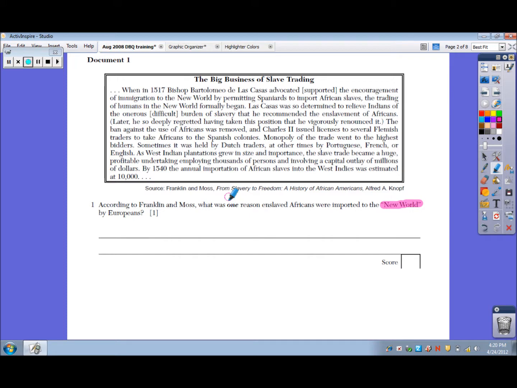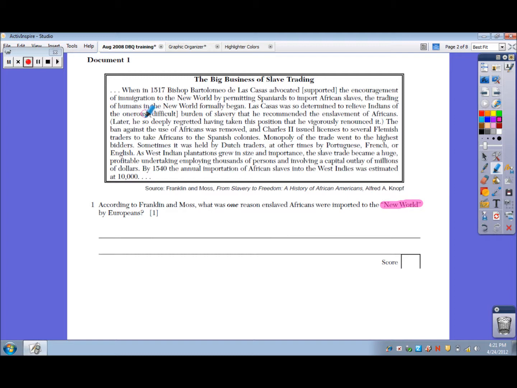So, after you understand the question, read the document. It says, the big business of slave trading. And you're looking to highlight important things as you go. I'll read along. When in 1517, Bishop Bartolomeo de las Casas supported the encouragement of migration to the New World by permitting Spaniards to import African slaves, the trading of humans in the New World formally began. Las Casas was also determined to relieve Indians of the onerous or difficult burden of slavery that he recommended the